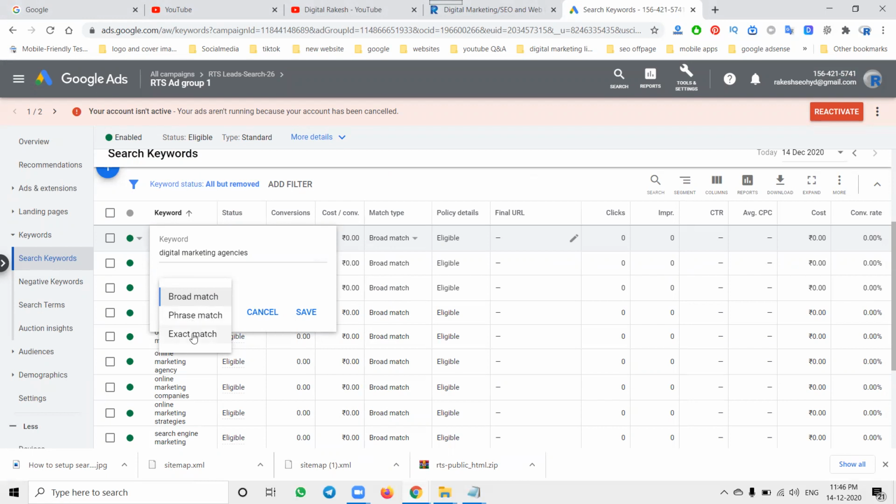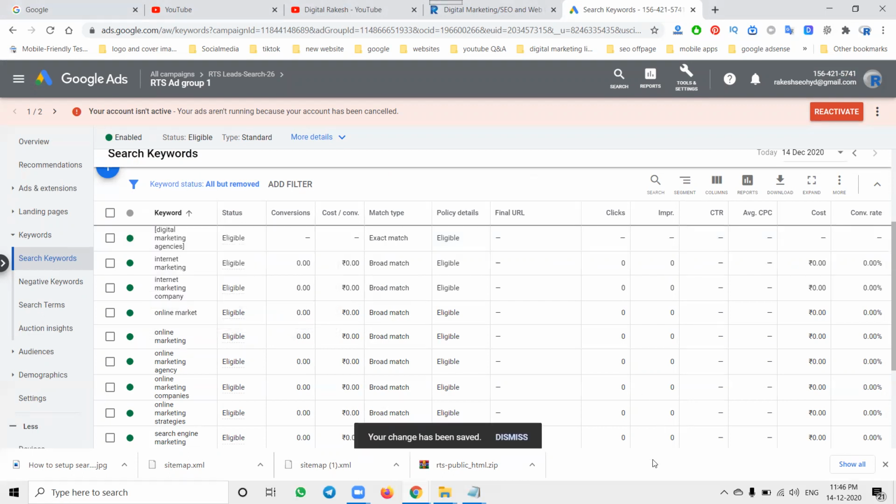Whichever match is suitable for each keyword, we can add it as exact, phrase, or broad match. We can use these matches, click save, and add to your campaign structure in the particular format. This will be useful for Google AdWords people. We must use the matches for each and every keyword in a search ad. Search network ads compulsorily depend on broad, phrase and exact match.